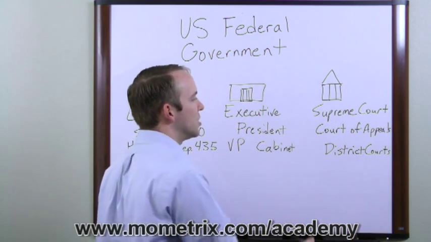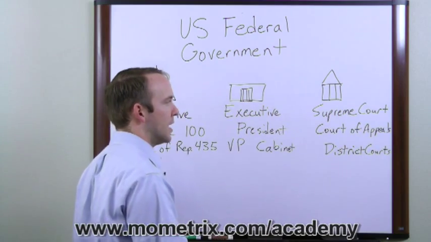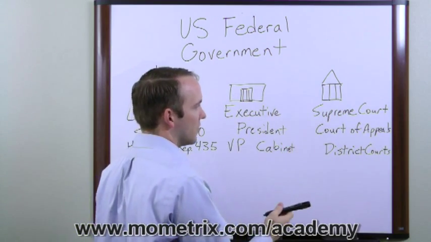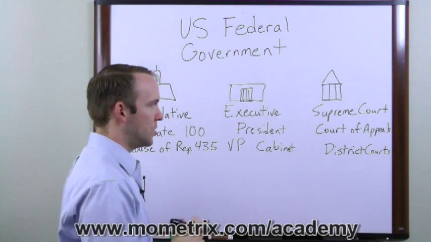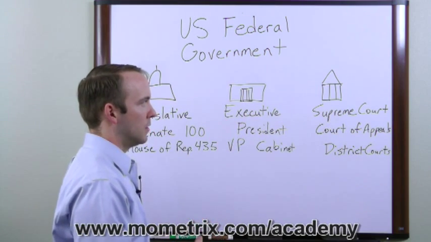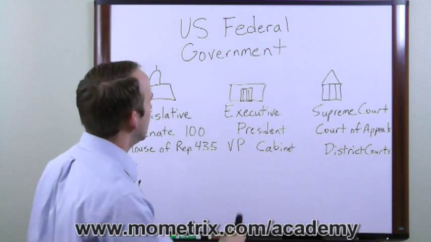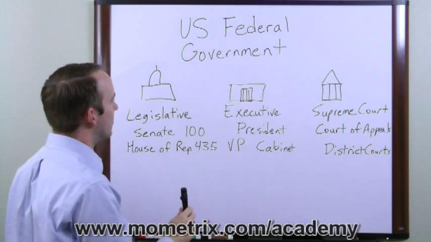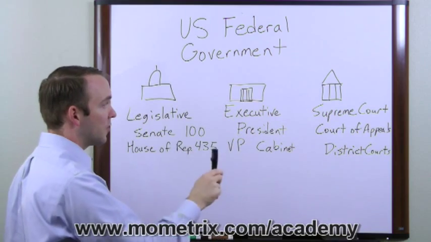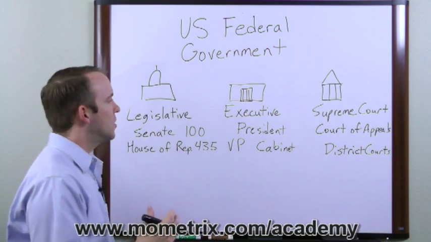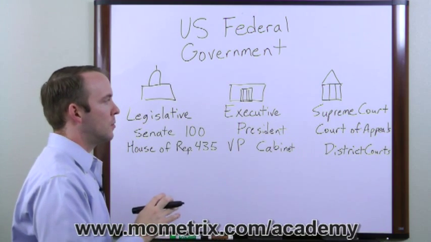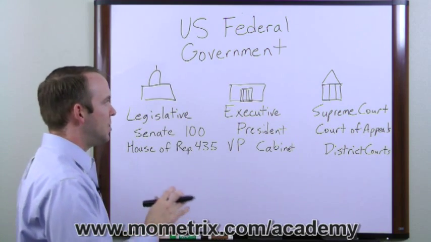Most cases are heard at the district courts, and then if one of the sides appeals, it may be heard by the Court of Appeals, and then the Supreme Court is the final arbitrator in any lawsuit that is filed. And so these are the three different branches of government, and they all have different powers, and the Constitution was structured this way so that there are checks and balances between each of them, and they each have a different